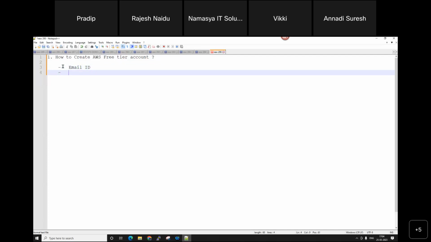Next, mobile number. Definitely use a mobile number, because all your account's unique details will be maintained in AWS. One is the email address, another one is the mobile, and the third one,